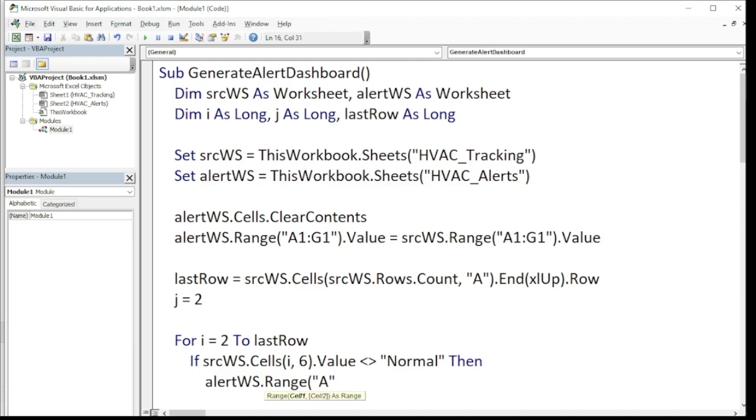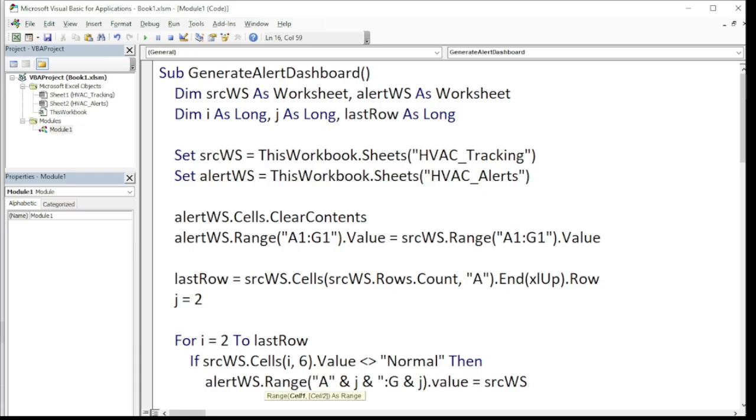And ampersand J, ampersand again, quotation mark, column G. Okay, and J, data number 2. Right, then close parenthesis, that value equal sign